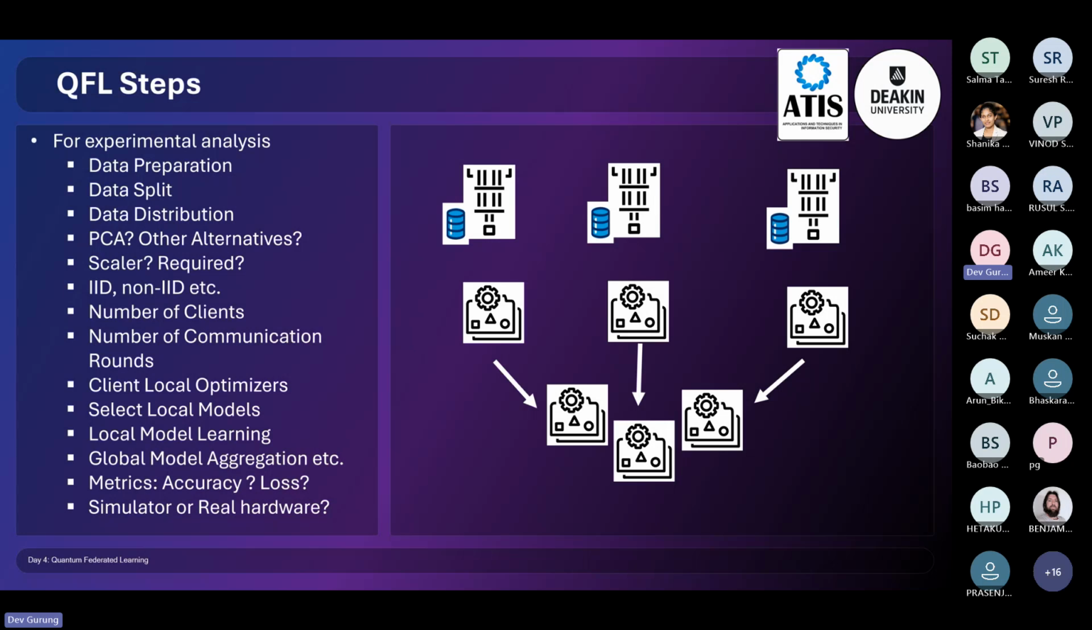So maybe accuracy or loss, or other things can be there in terms of quantum federated learning. Circuit level results. Do you want to have circuit level results, because it still goes there, right? And yeah, do you want to use a simulator or real hardware? Basically, it's some of these. Of course, there are a lot. QFL is so big. Everybody is working on different sections of QFL. It's not possible to cover everything here. So I've tried to cover almost overall things here. Okay,